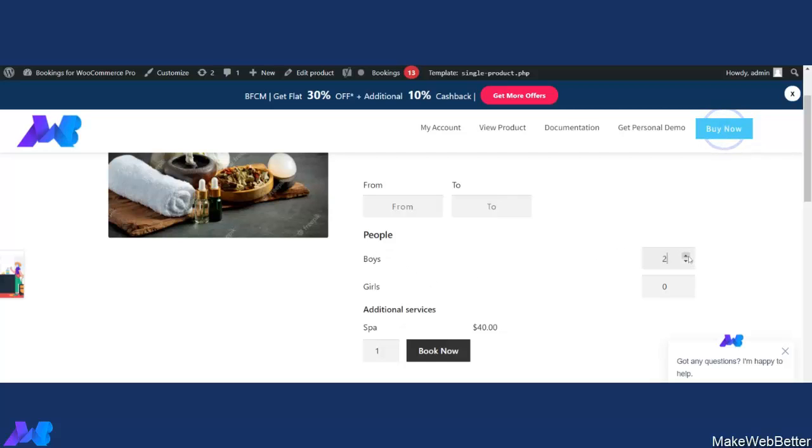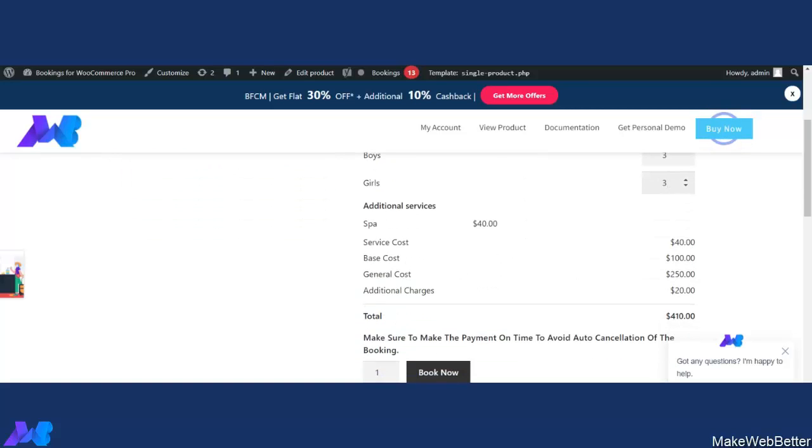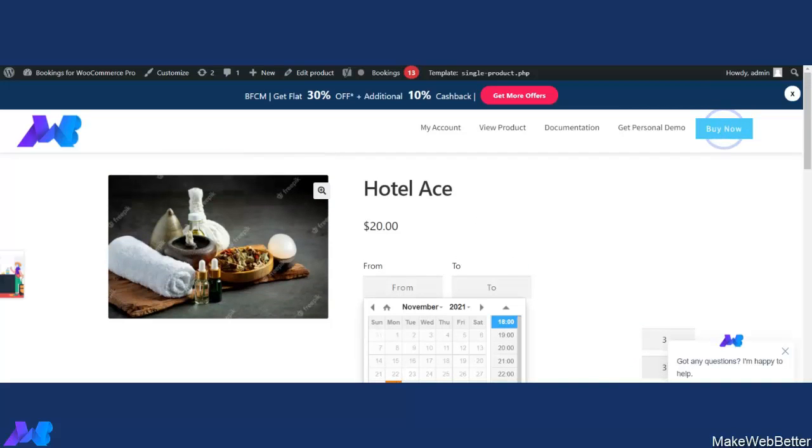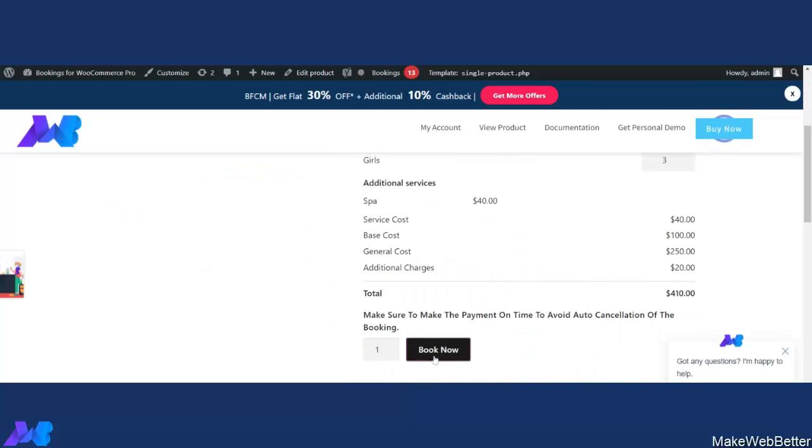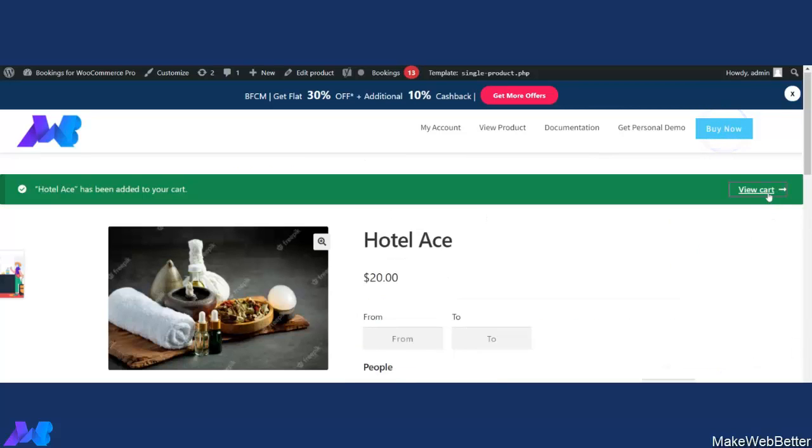So here let's click on this like this, and here let's click on this. As you can see, on the basis of that, all the cost will be calculated. So now let's select the date from 29 to 30, and let's click on book now, and let's view the cart.